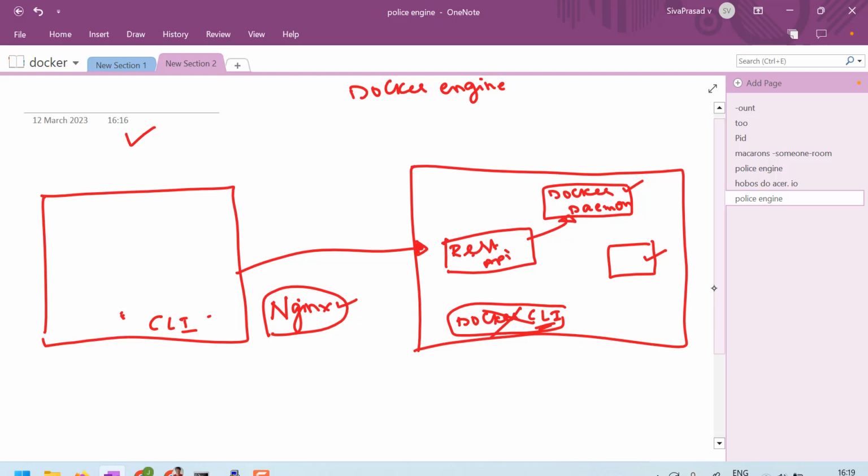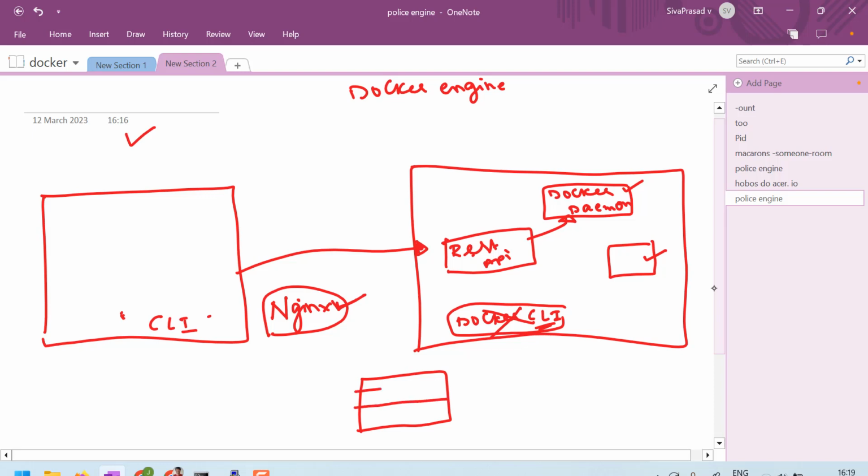There might be some application-specific files and dependencies, right? So what we need is something called an image, which contains the file system, all the nginx related files, its dependencies, etc. Once we have this image,